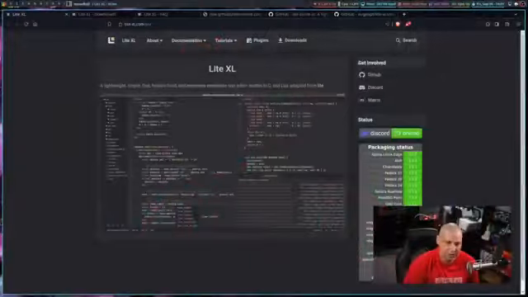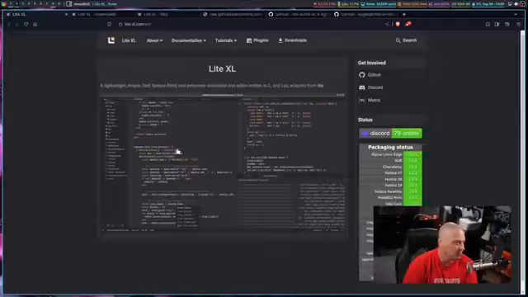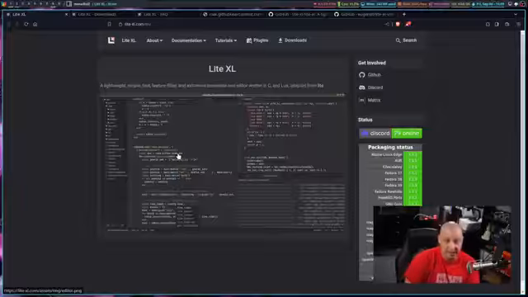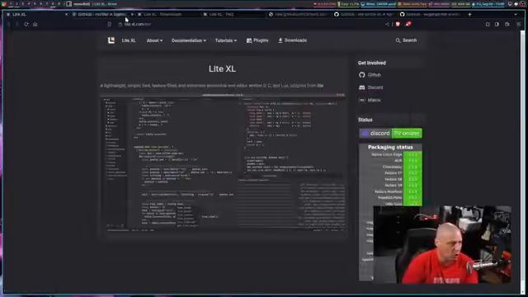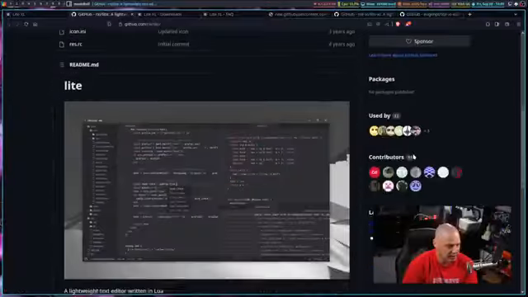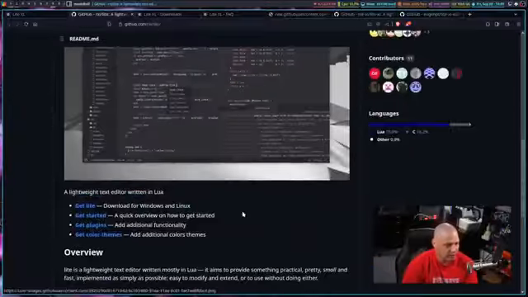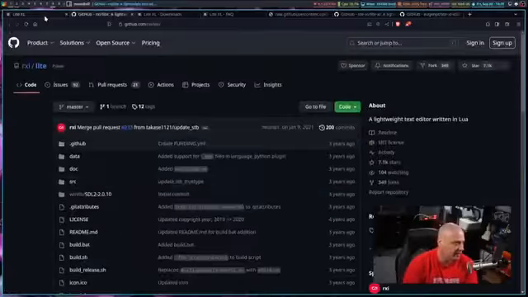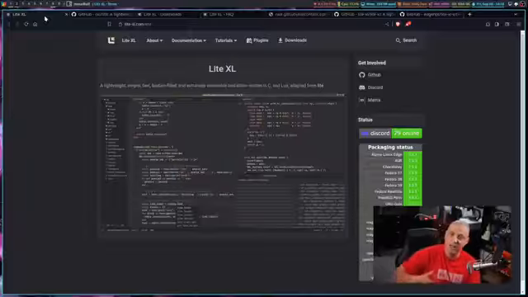But today I came across a plain text editor that just blows all of that out of the water. And that text editor is called Lite-XL. So what is Lite-XL? Well, you can see from their website here, it's a lightweight, simple, fast, feature-filled, and extremely extensible text editor written in C and Lua, adapted from Lite. So there was a previous text editor called Lite, which I never used. So they took this really simple editor called Lite, and I guess they extended it to now have more features,